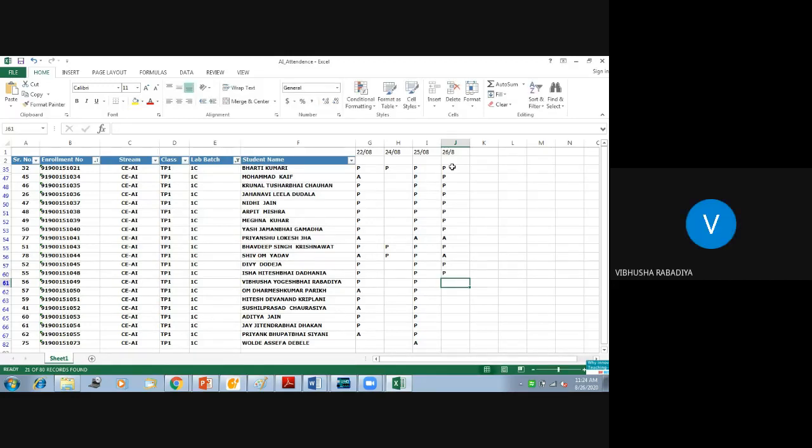Present, sir. 50. Present, sir. 51, Hitesh. Present, sir. 52, Sushil. Present, sir. 53, Aditya. 54. Present, sir. 55. Present, sir. 73 present. Okay, done.